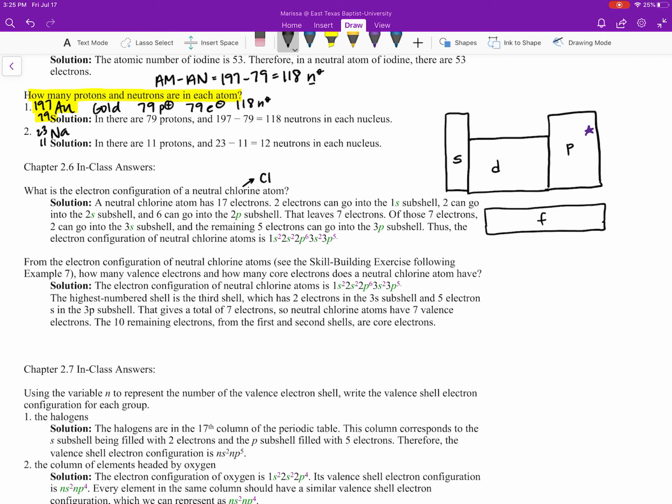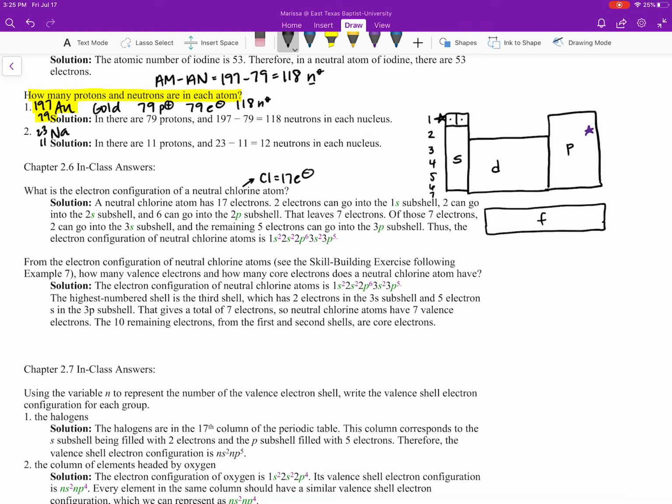It's element number 17. And so if you remember from the reading, we're going to work our way across the board. And we're always going to start here. It's kind of like playing a board game. And this is the first row. Then we have second, third, fourth, fifth, sixth, seventh. I ran out of space. And so we're always going to start in the 1s block. And we're going to represent this by saying